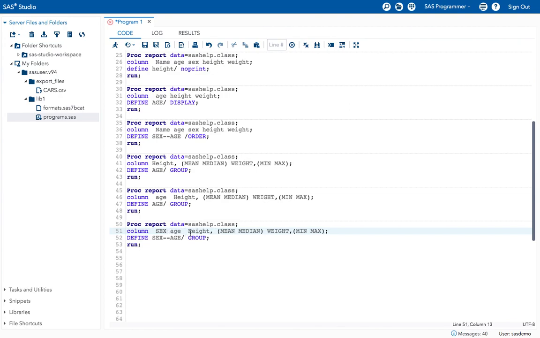Now I want to group age and sex, and I want to get mean and standard deviation for both height and weight. How can I do that? You can mention that also in the parenthesis. Now give the statistics that you wanted. Now I want to print the mean and standard deviation. Now execute the program.